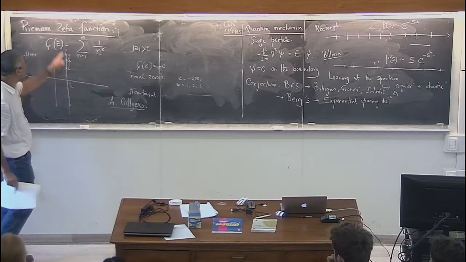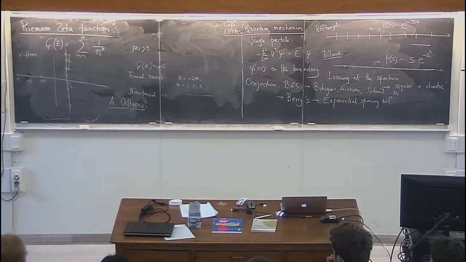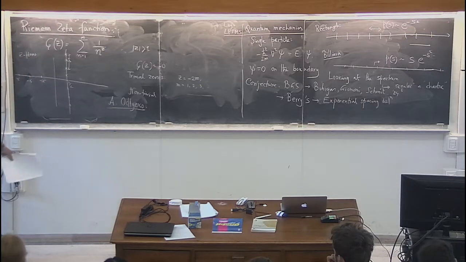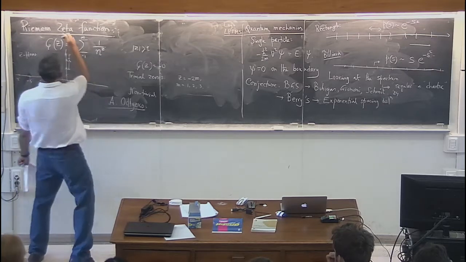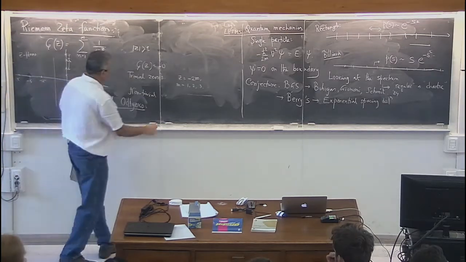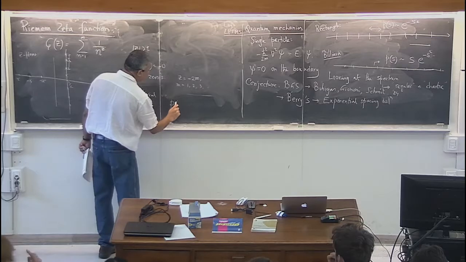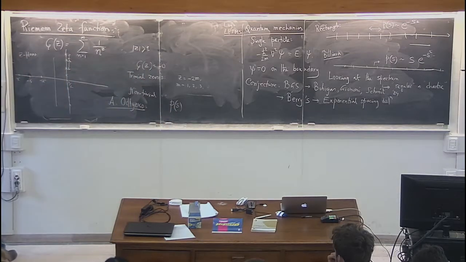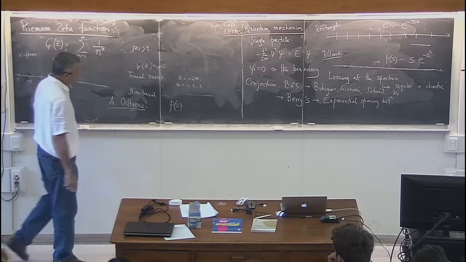Odlyzko had data for billions of zeros on this line, and he plotted the histogram of the spacing distribution at a high energy level, in scaled units, where s is the distance between the zeros along the imaginary axis. So what he found is that